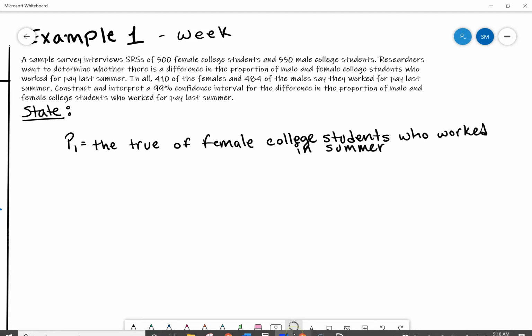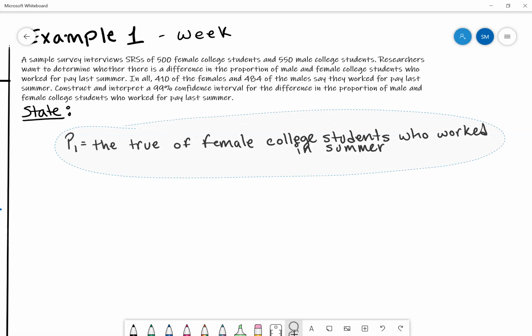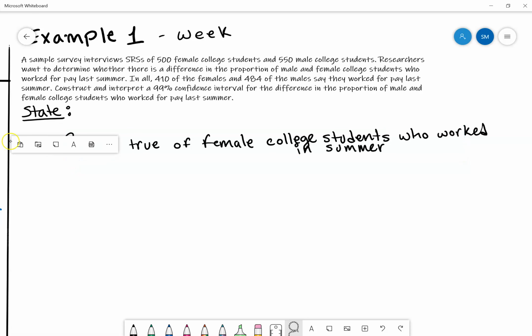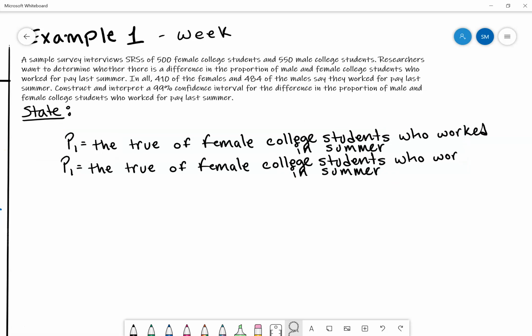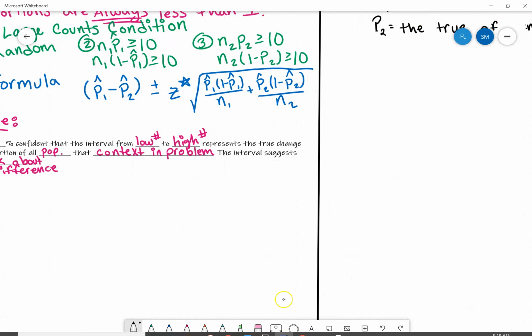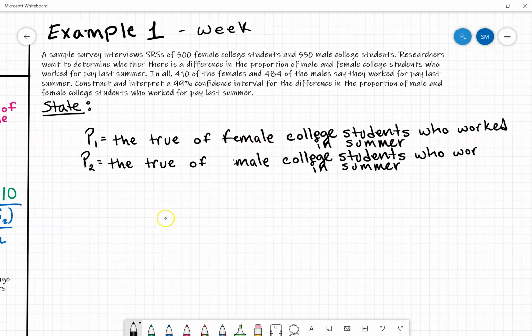And P2 is going to pretty much be the same thing. I'm just going to copy it and paste it. The only difference is that P sub 2 isn't going to be female, it's going to be male. So in the problem, they're saying that,